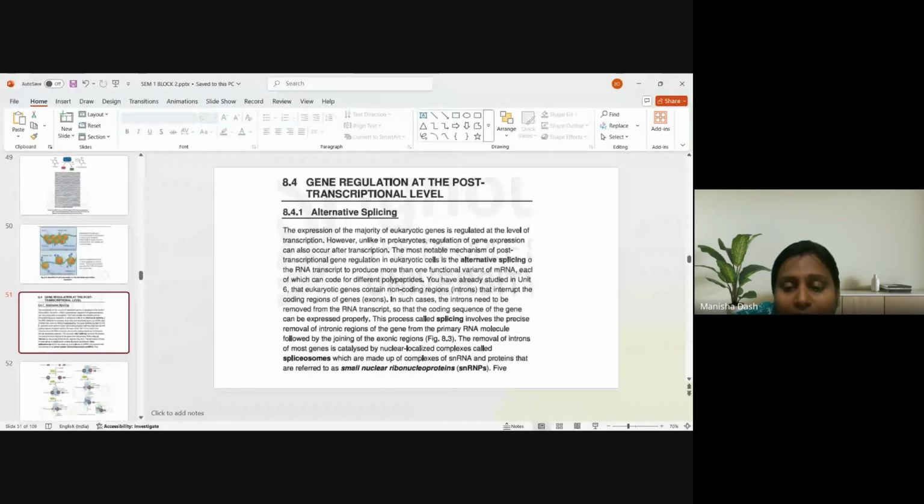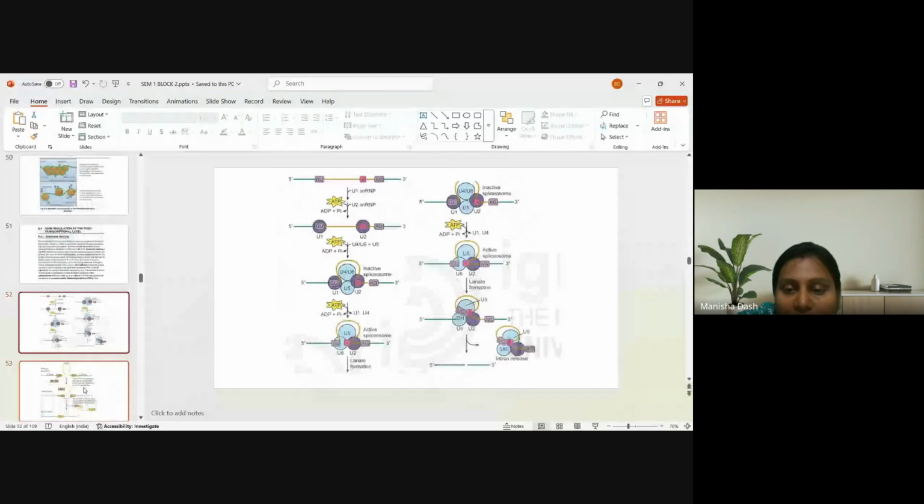Okay. So alternative splicing means what? During the removal of the intron, different types of exons could be joined to give different forms of the protein. Okay. So this is the basic mechanism of alternative splicing. This is called the ubiquitination process. So as you can see here,